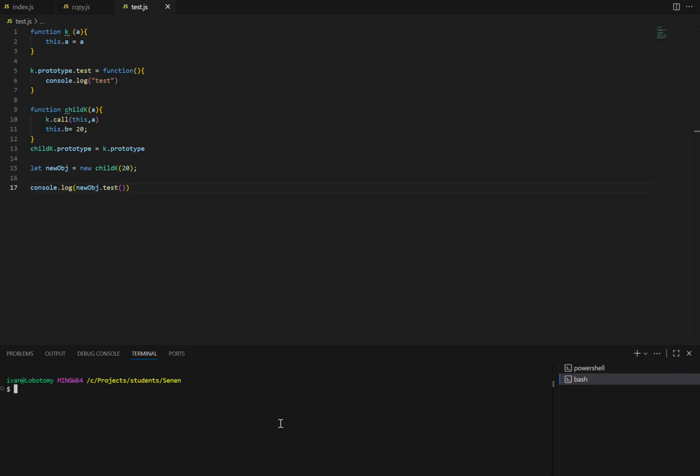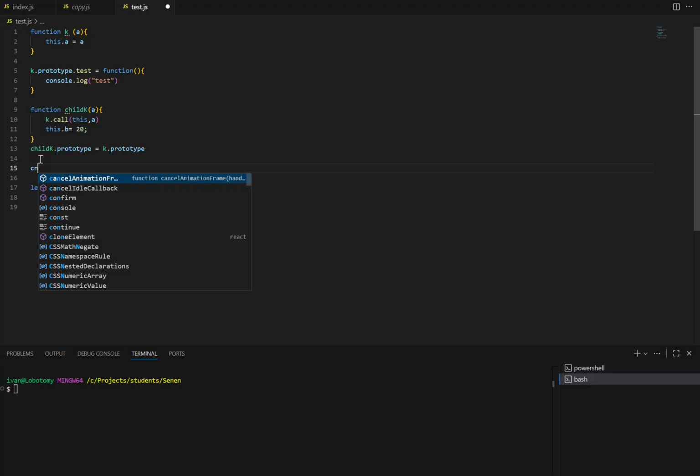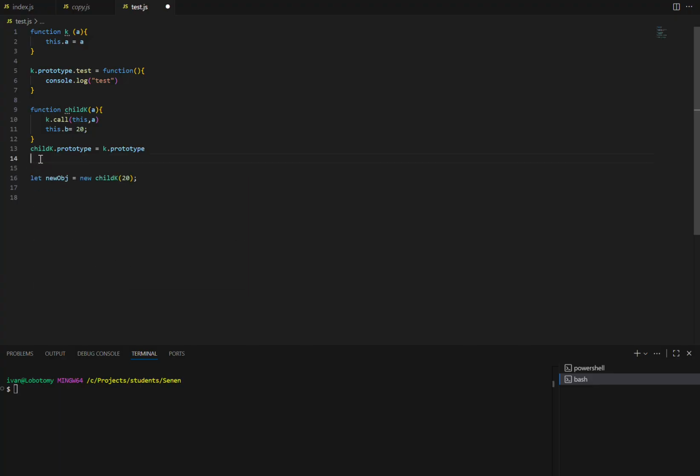So now you should understand the steps that we are taking. We need to set the prototype and we need to call the child k. But now there is another weird thing, because if we set the prototype here, and now we check the constructor of child k, we are going to be a bit surprised, because the constructor of child k is not going to be child k. The constructor of child k is going to be k, because the constructor is kept in the prototype. So if we do the destructuring pattern here and we want to keep the constructor of child k to be child k,